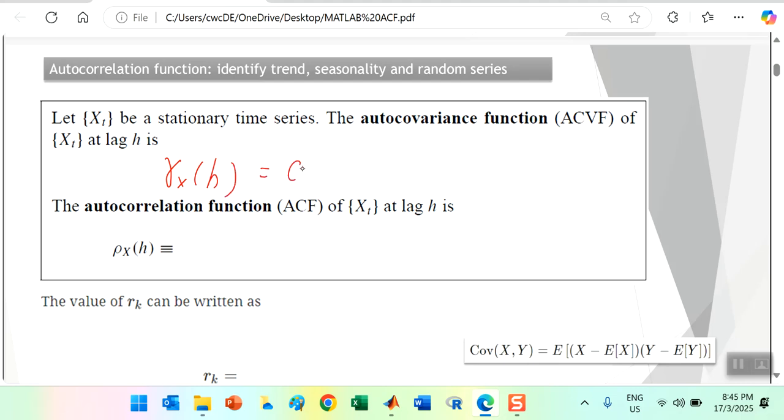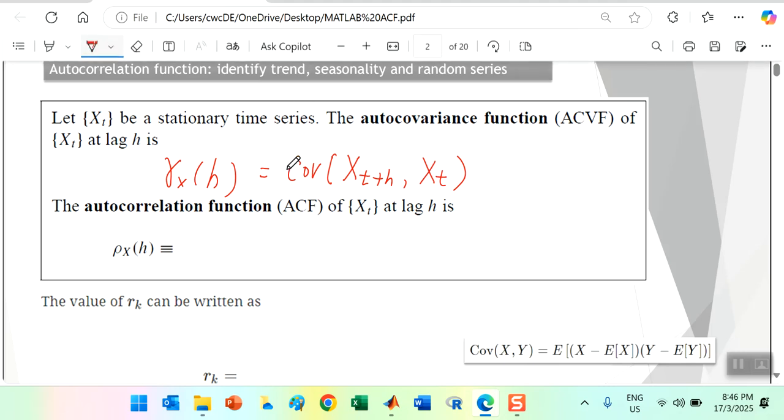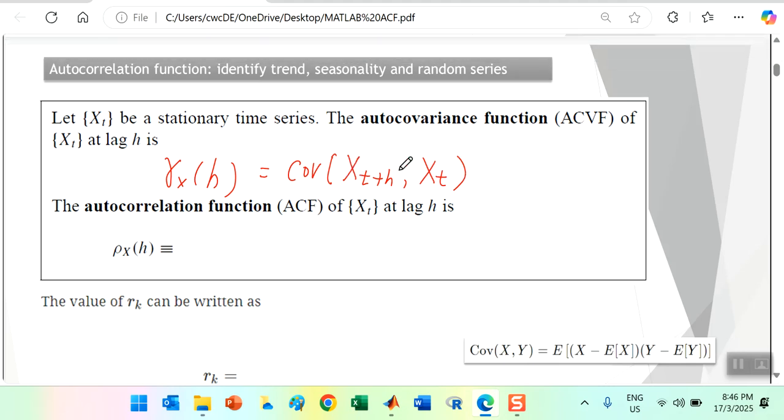We just use COV to represent the covariance, so you have the covariance of xt plus h and xt. As long as the lag between the two is h, in a stationary time series,